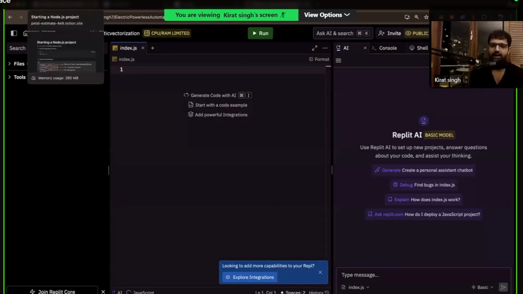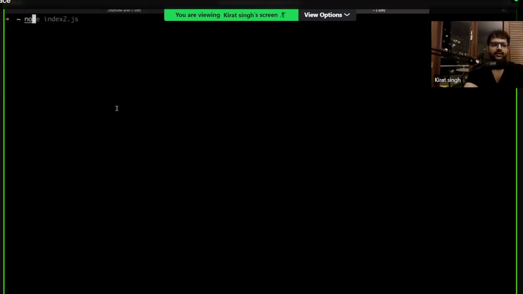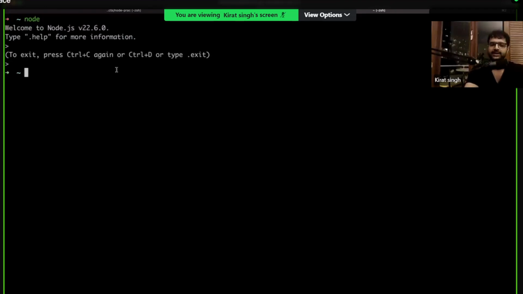And trust me, no one can help you here. You can ping a TA and they will probably oblige. But this is something you need to debug yourself locally and figure out. By the end of it, your terminal should have node as a command. When you run node, it should say something like this. Welcome to Node.js. When you exit out, it should exit.